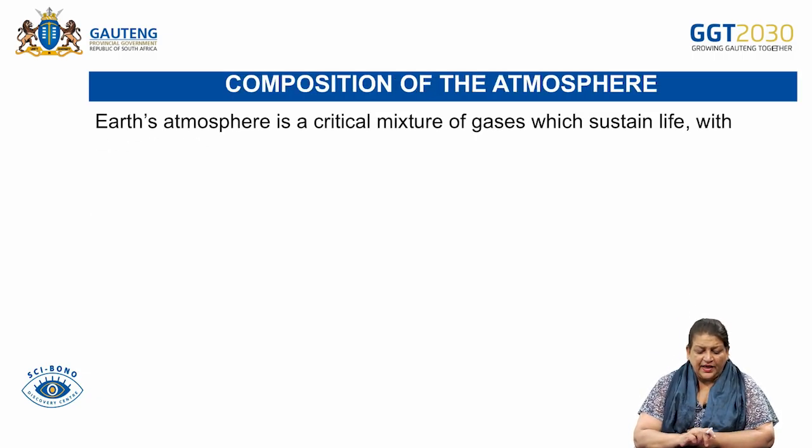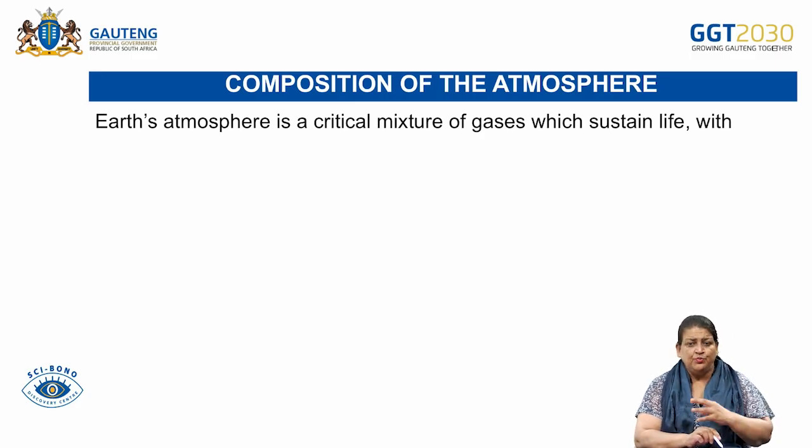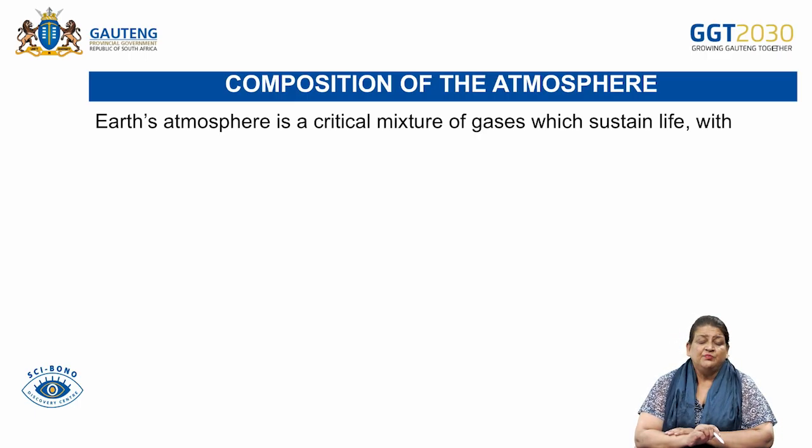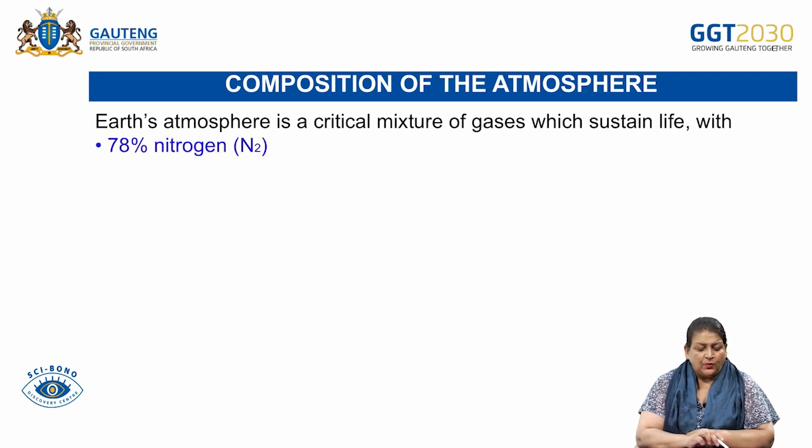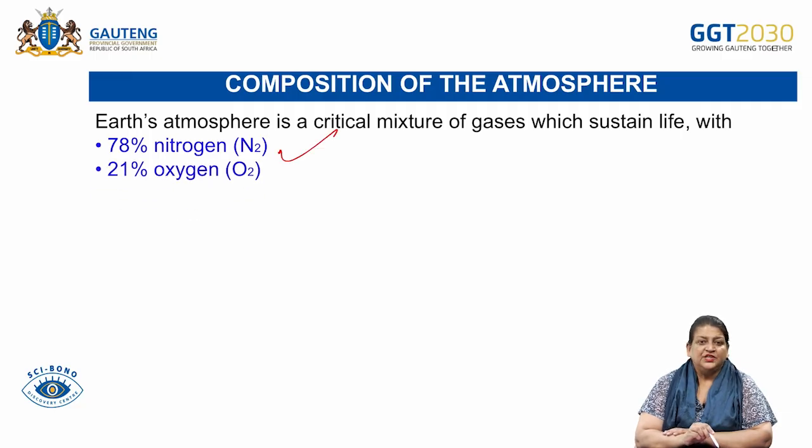Now let us look at the atmosphere itself, that our Earth is surrounded by an atmosphere, right, which is very important, like a protective layer, like a membrane around the Earth, which is called the atmosphere. And that atmosphere, which forms part of air and water vapor, is very important to sustain life on Earth. Now, what is that atmosphere actually made up of? It's made up of nitrogen. It's made up of oxygen,